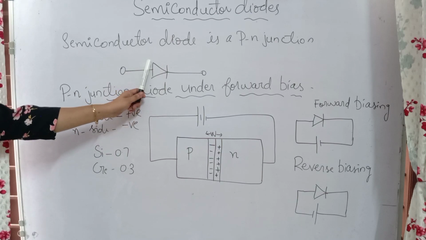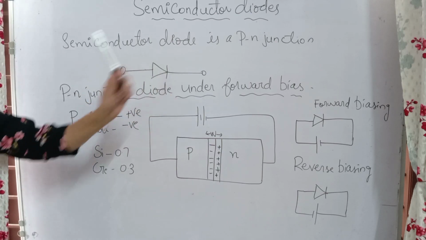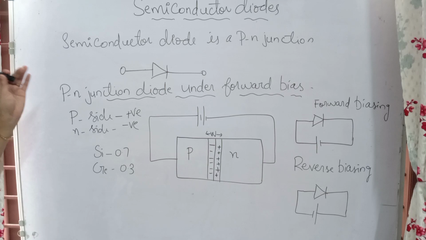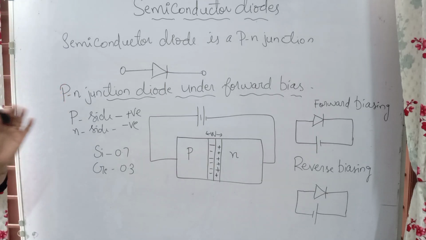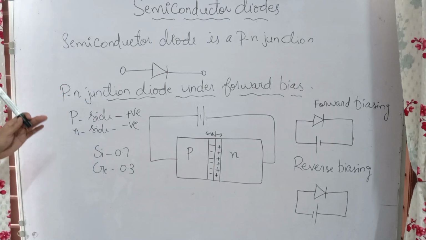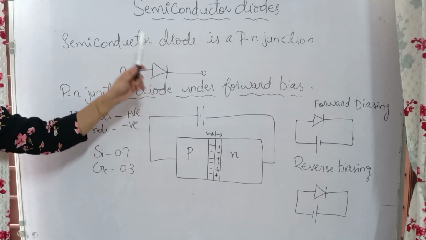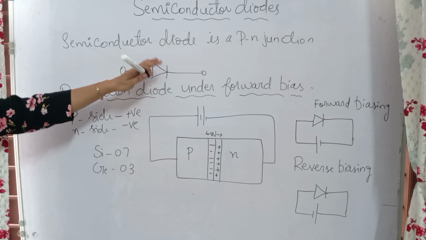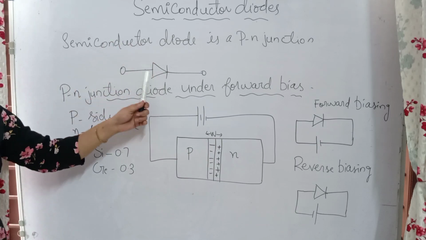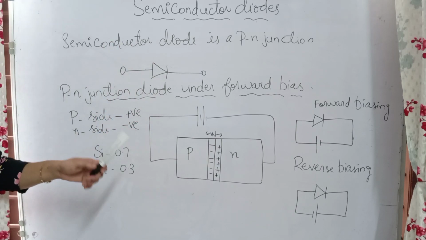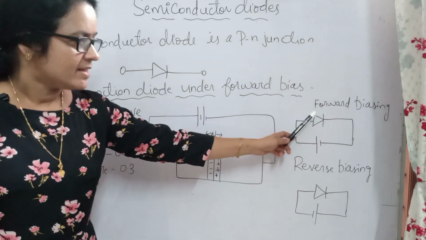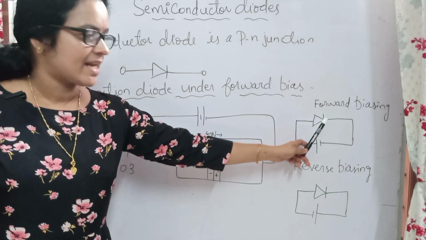So I have told that this is the positive side and this is the negative side. Biasing I will just explain. Biasing means if you are connecting it into a circuit, we call it biasing. So if we connect a semiconductor diode in a circuit, that is called biasing. First of all we can do forward biasing. In the case of forward biasing, here we can see this is the positive side and this is the negative side of the